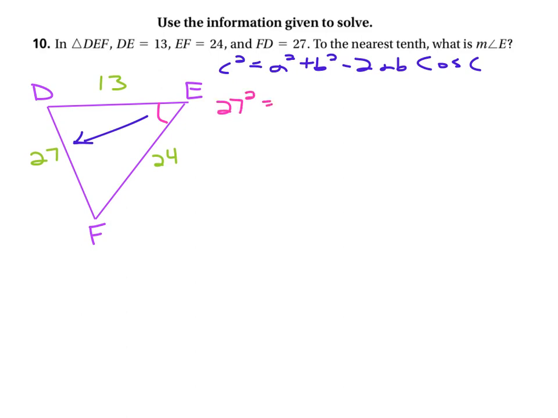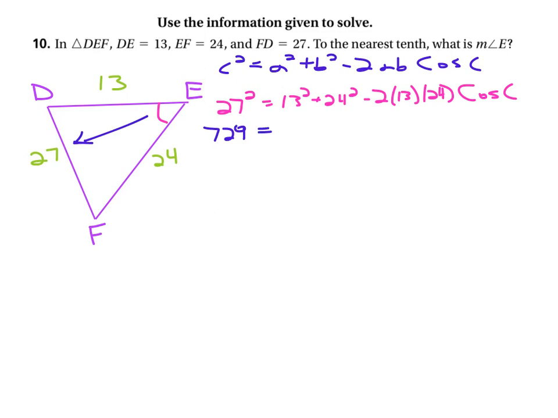Okay, so that's the opposite side, so we're going to say 27 squared is equal to, the other 2 sides are A and B, doesn't matter, 13 squared plus 24 squared minus 2 times 13 times 24 cosine C. Okay? Then we're going to start calculating the numbers themselves. We're going to actually calculate what is 27 squared. 27 squared on my calculator is 729